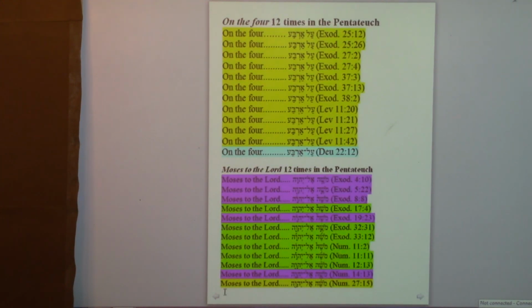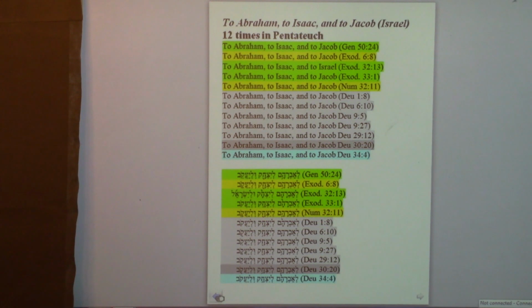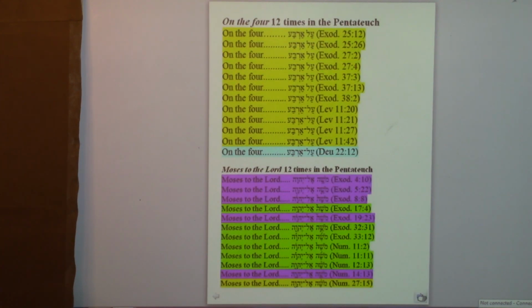I'm going to back up on that again. It says to Abraham, to Isaac, and to Jacob. Excuse me, I said Abraham and Isaac. It's to Abraham, to Isaac, and to Jacob, exactly 12 times. For on the 4, or on the 4, whatever, why that phrase is used, on the 4. I can't be exactly sure why this is so, but here we have it. It appears 12 times. Also, Moses to the Lord,